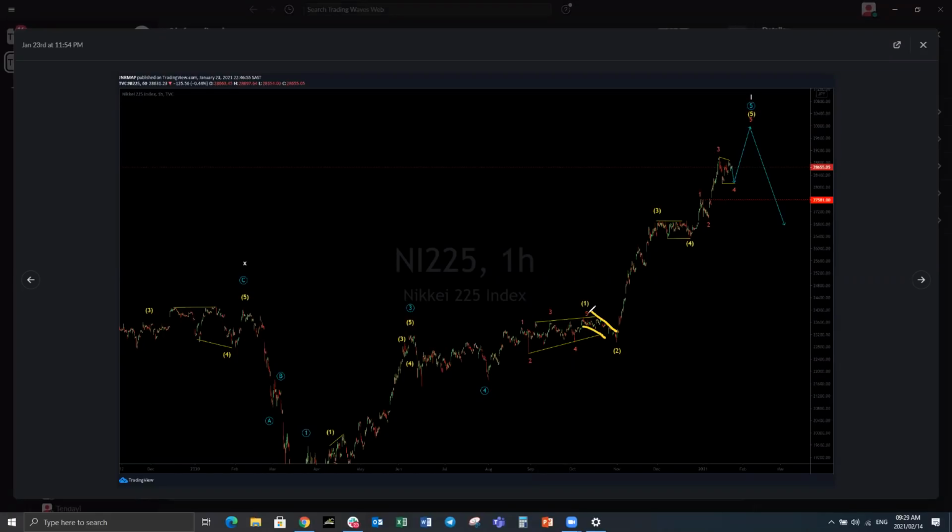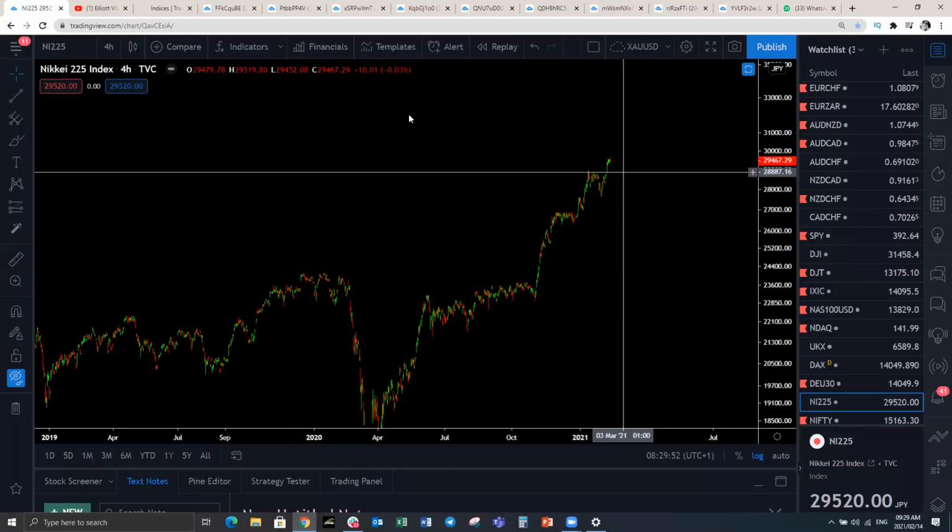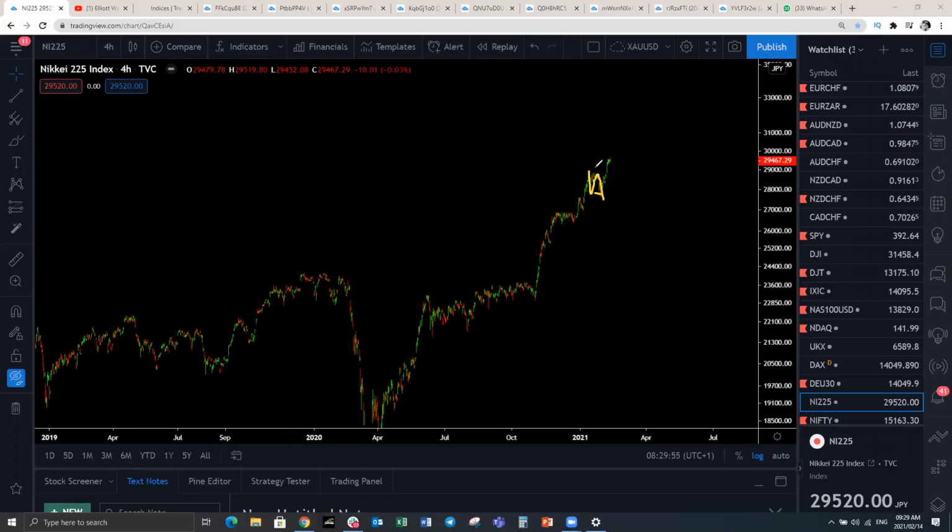If we go to the videos around these dates, you'll see that we were expecting, actually for a while this corrective structure was playing out, we've been saying the Nikkei is going to push to the upside. This was in January. We still expect the Nikkei to continue to the upside. This was on the 23rd, about 3 weeks back. On the Nikkei, we were looking at this corrective structure. This is how it has played out. We are still pushing up higher. What's happening now? We're still expecting more upside on the Nikkei.